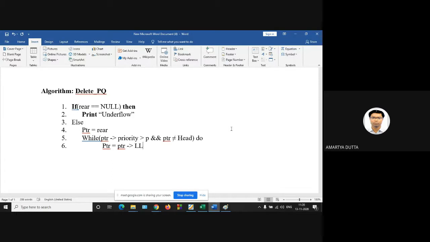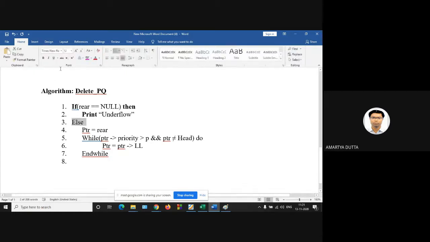We are traversing. So this is the else part, that is not underflow. So your PTR is at the last position, rear.